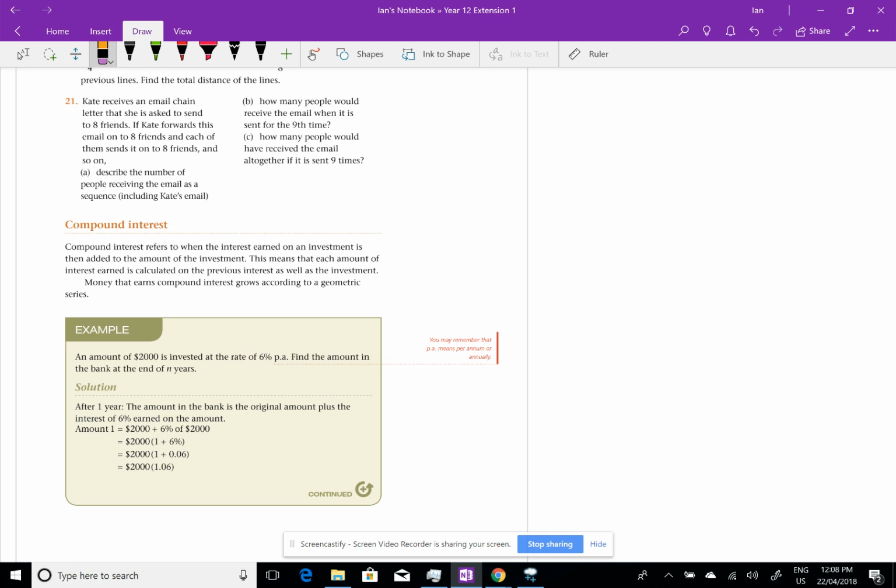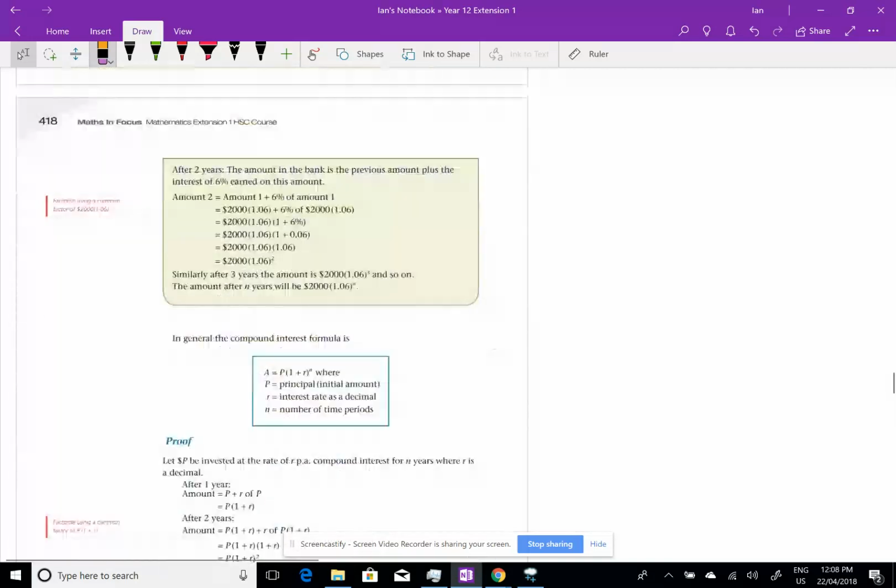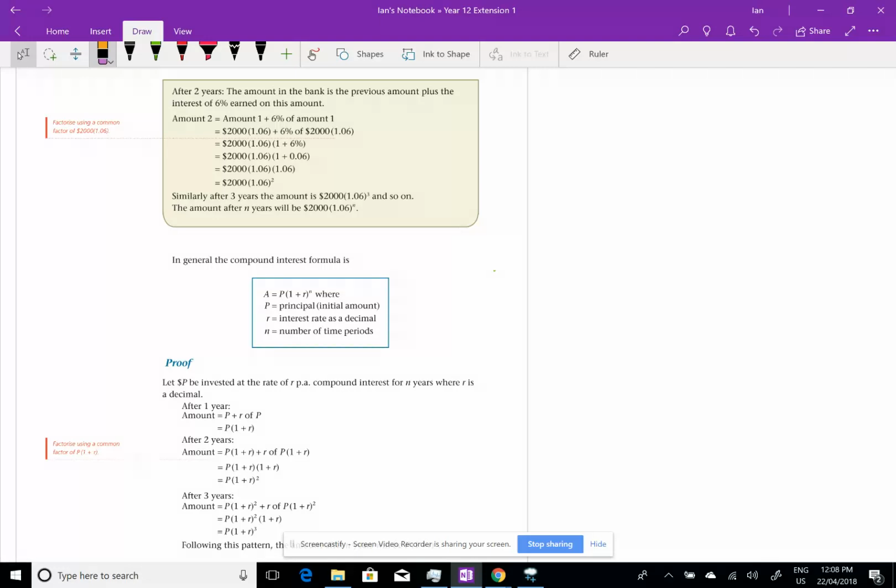Year 12, just going to do a YouTube clip on compound interest. Most of you will have done this in your junior years, but I'm going to put it up because it's part of the sequences and series unit, and for the students who will be away, you might need a hand with this. So compound interest, we actually get given a formula for compound interest, and it's located here in the textbook, and you should know it,